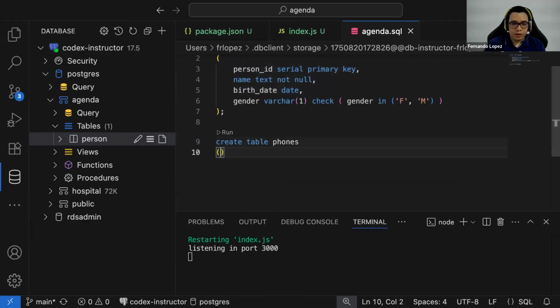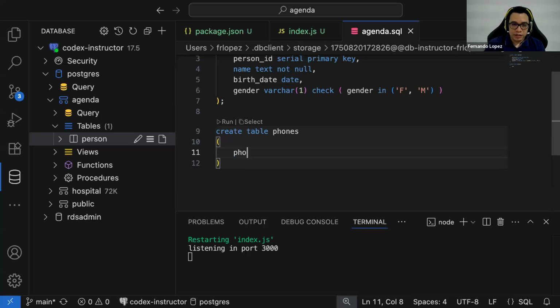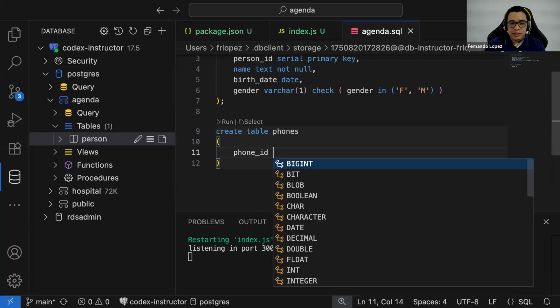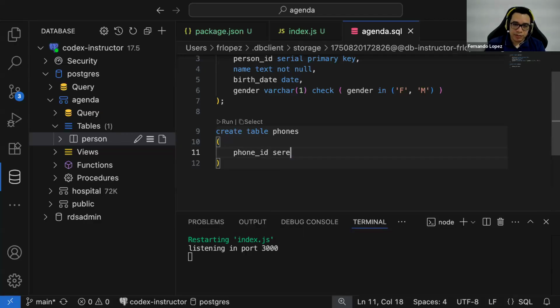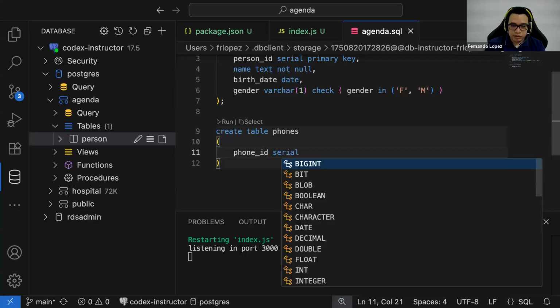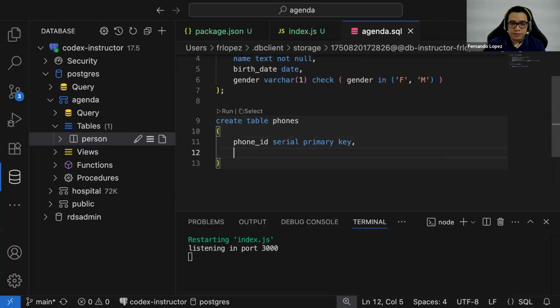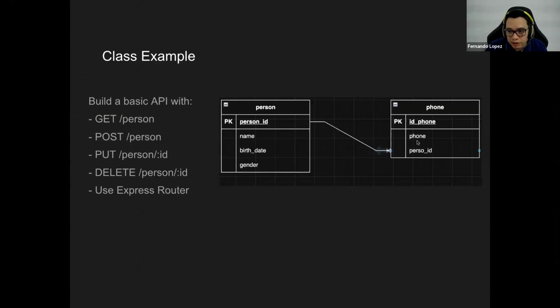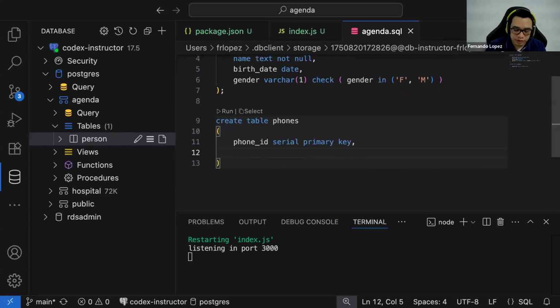Okay, so we're going to add the phone ID. Again, this is going to be an integer, auto incremented, so it will be a serial data type. And we're going to set up that this will be the primary key. Then we have the phone and the person ID that is the owner. Remember, a phone, guys, is not a numeric value, because in a phone you can save something like this, +1.